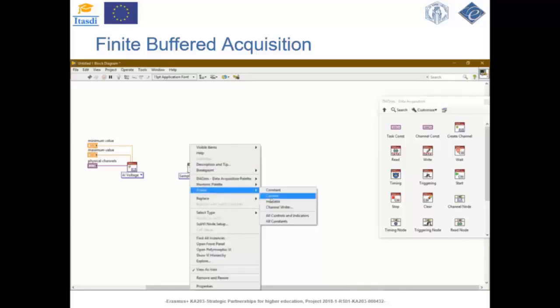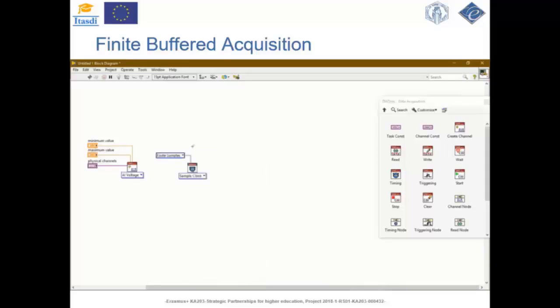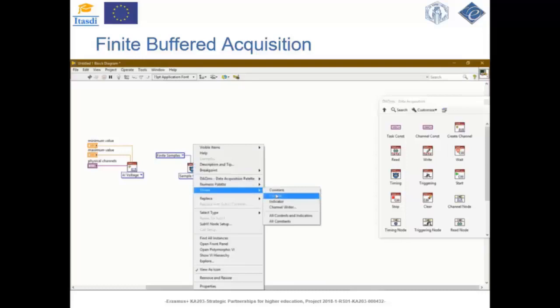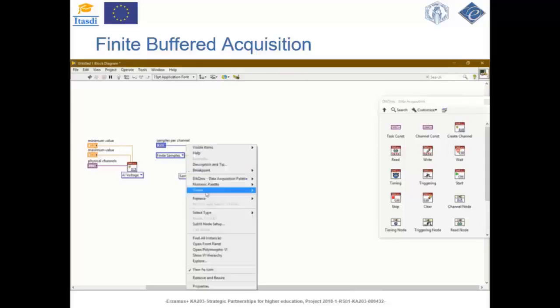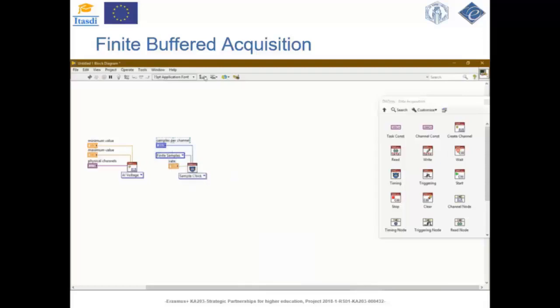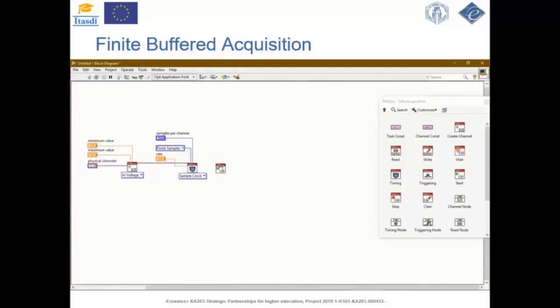And we want to choose finite samples in the sampling mode input, and here we can also create a control regarding the number of samples per channel we want to acquire, and the final control that we create controls the sampling rate of the acquisition. So after we connect the task in of the create channel to the task in of the sample clock, we add the start task VI,